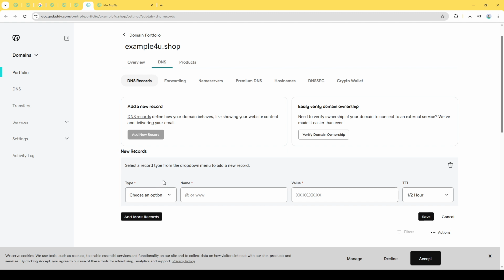These steps are all it takes to change your DNS settings in GoDaddy. Remember, DNS changes can take a little time to propagate across the web, sometimes up to 48 hours. So if it doesn't happen immediately, give it some time. By following these instructions, you'll have your DNS updated in just a few minutes, ensuring your domain's settings align perfectly